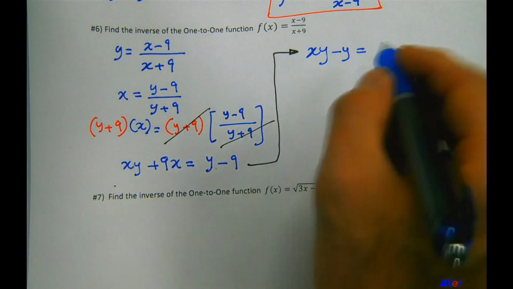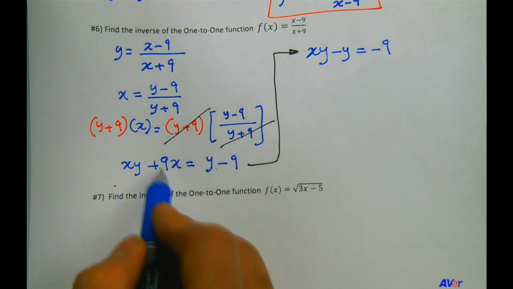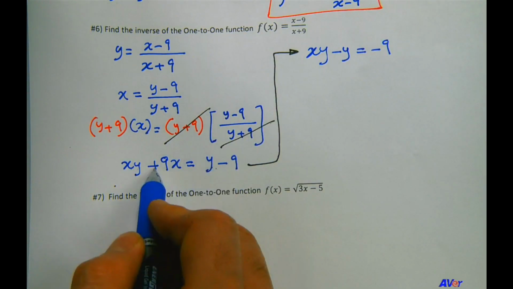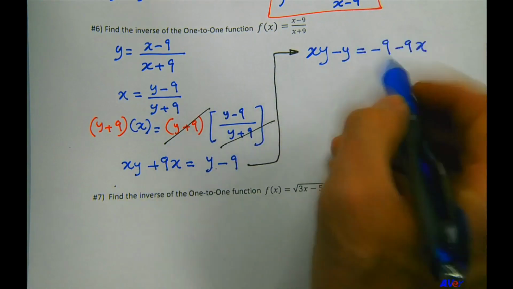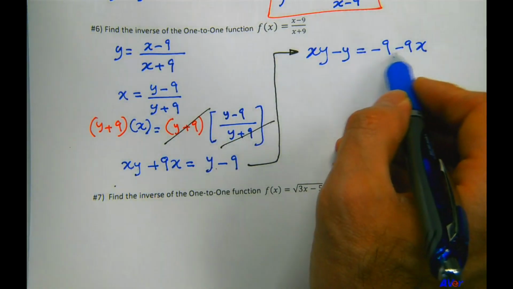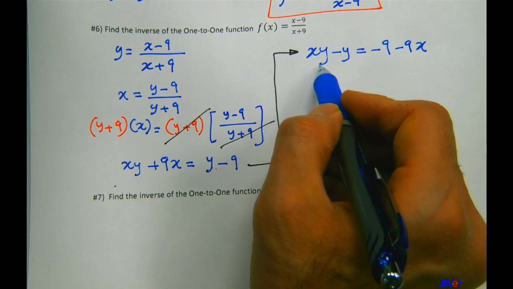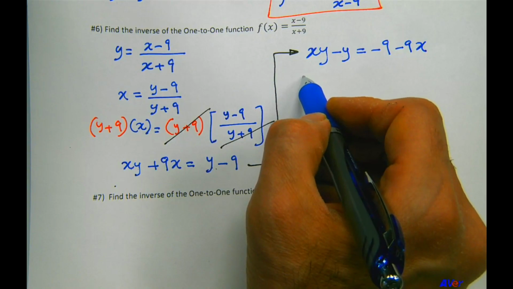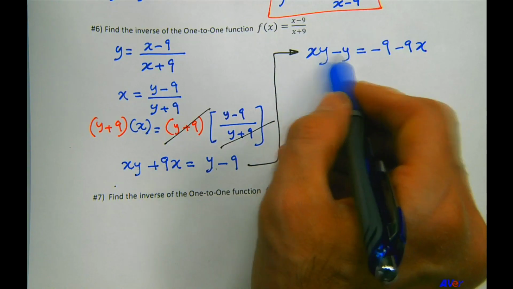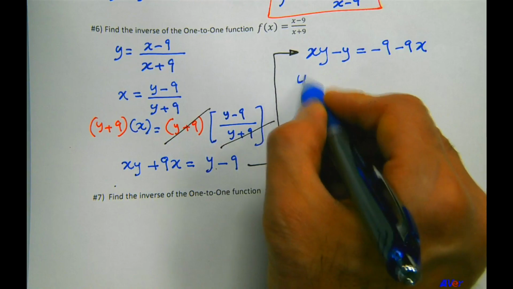This minus 9 is okay. So minus 9 on that side is okay. I'm going to move this positive 9x to the other side. When I do that, this plus becomes negative. Okay? I'm sure you're noticing that we can factor out minus 9, right? We can do that later. But for now, let's focus on the left. We're solving for y, and y is appearing in two spots, not one. So how do we isolate y by itself from these two terms? We use the technique we just used for the previous example, right? We factor y out,